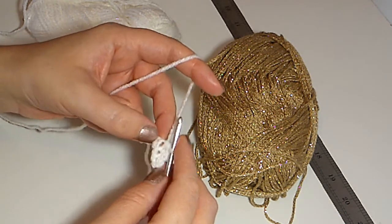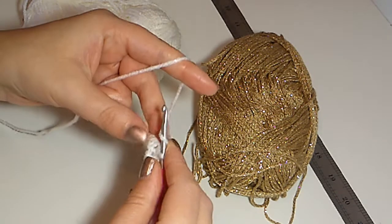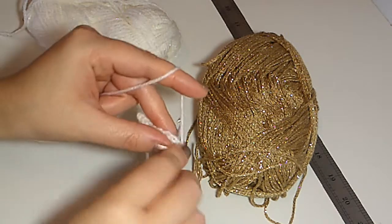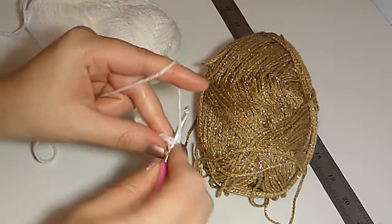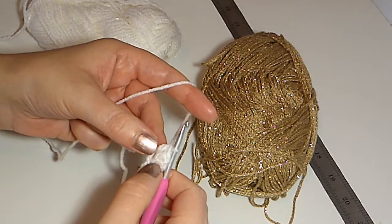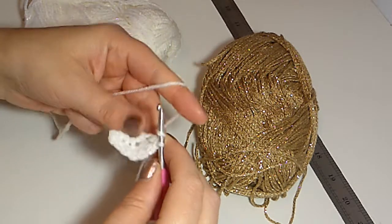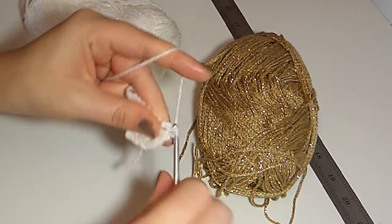And then the next chain is 3 double crochets in that same chain. So yarn over and do 1 double, pull through 2, pull through 2, yarn over, do the second double, and then yarn over again for your 3rd. So you've now got a slip stitch, single, half, 3 doubles. Then we're going to do a double in the next chain, and then we're going to do another double into the next chain again. So that's 2 doubles in each chain, so you've got 3 and then 2,